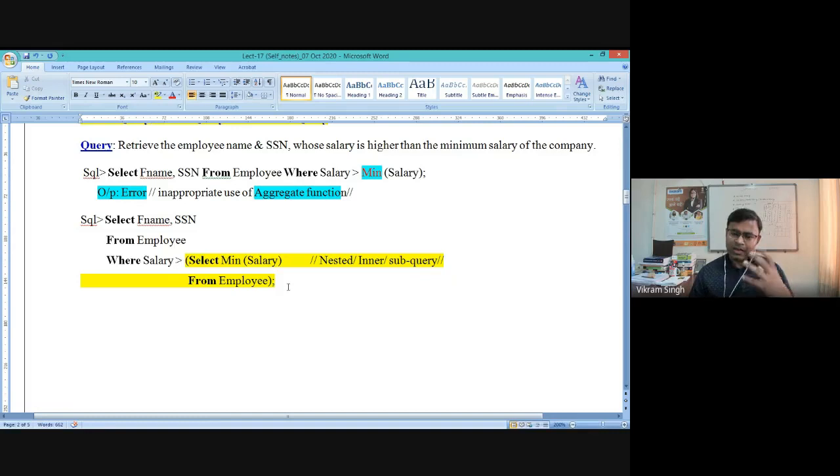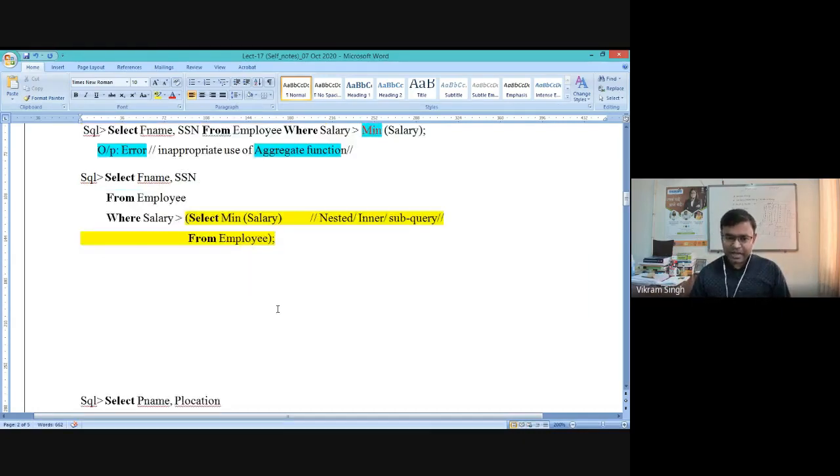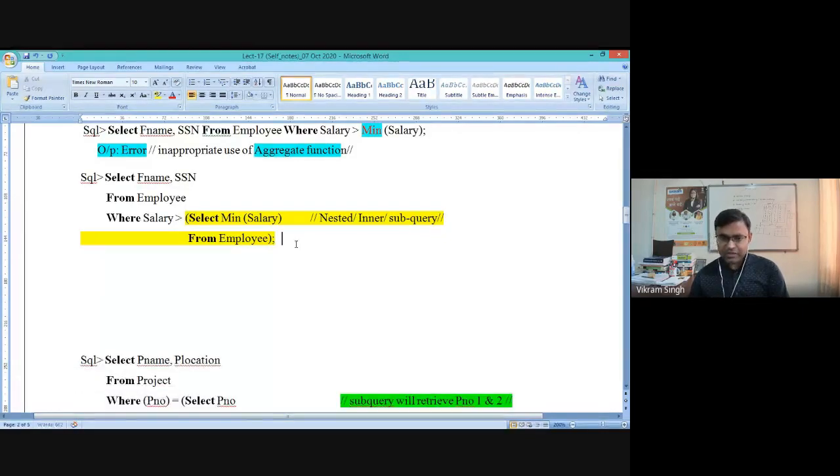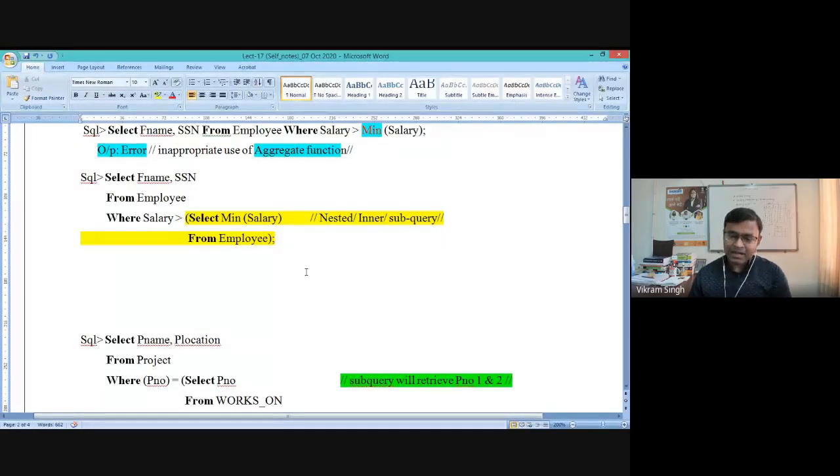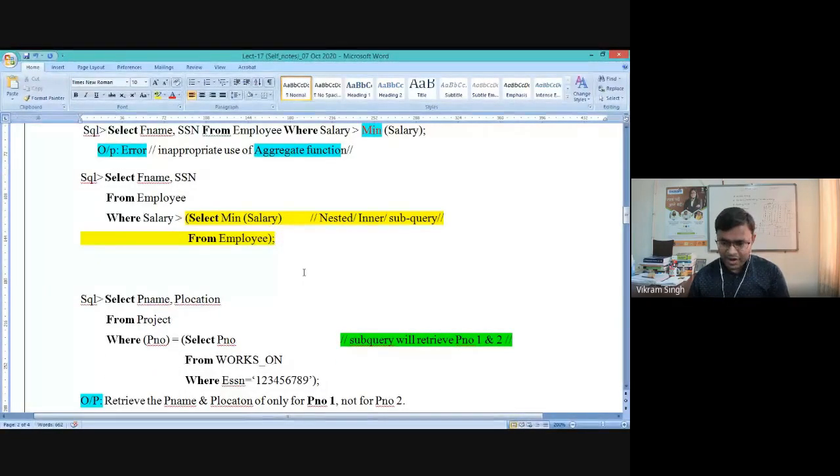Because we have pre-computed or derived this minimum salary value before executing the whole query. So first the inner query will run, a single value will be derived from it, and after that the outer query will perform and compare with this single value every time. So it will compare the salary value, salary more than this min salary value, for each tuple, and these tuples from the employee table will be retrieved, right? So successfully we have written a query for retrieving the first name and SSN of employees who are getting a salary higher than the minimum salary, right?